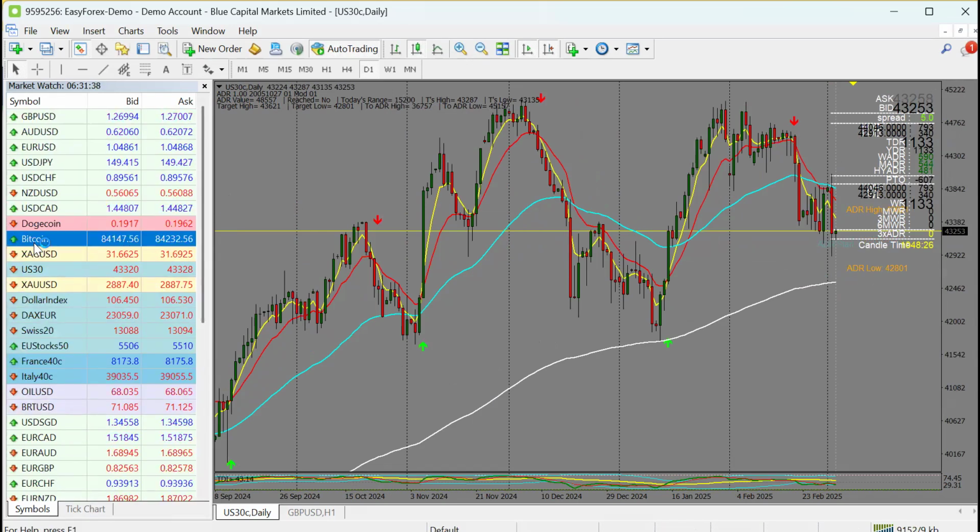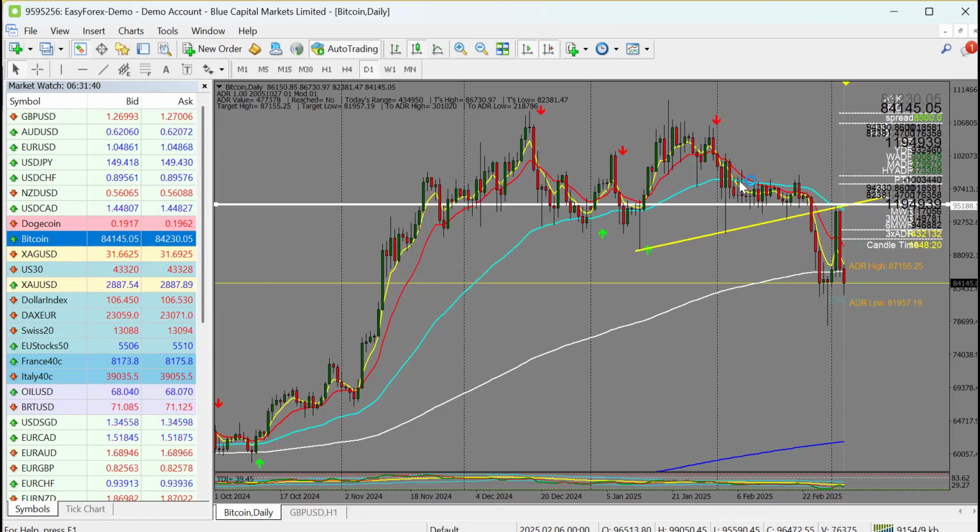Talking about Bitcoin, yesterday we saw the market selling massively, and over the weekend we saw Trump talking about the capital reserves, storing the capital reserves in terms of Bitcoin. That's why on Sunday, before the market opened, we saw the market reacting to it. Drawing the trend, you have the first touch, the second touch, the third touch.